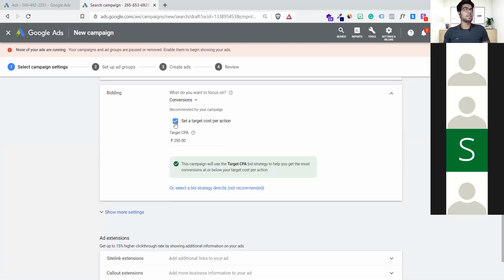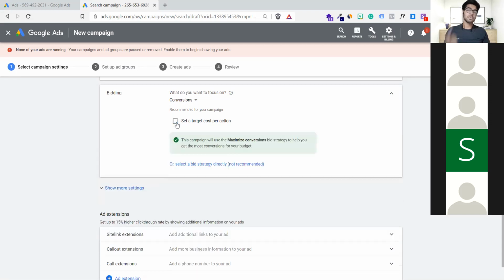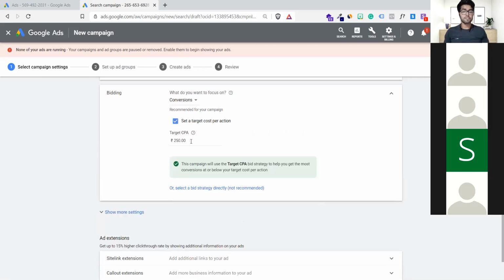Otherwise, suppose you just got one or two conversions, and on the basis of it you say, okay, my average cost per acquisition is 350 rupees, let's make it 350 here. No, it will not work. It requires at least 15 to 20 conversions. If you get 15-20 conversions, then only Google will understand, okay, I have 15-20 conversions in previous history,